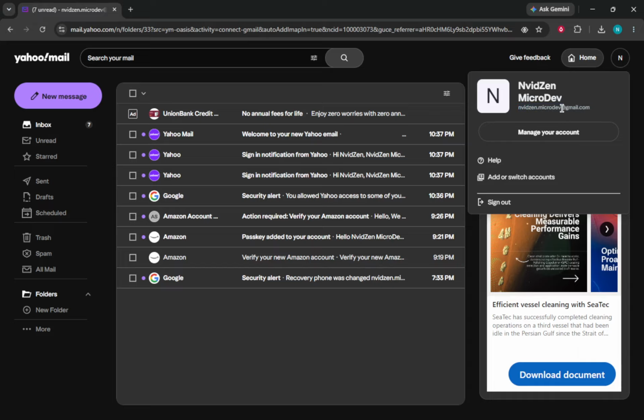It's important to note this because you will need it for various account-related activities such as logging in or sharing your email address. Yahoo also notes that some accounts may use different domains such as @yahoo.co.uk or @myyahoo.com. This is vital when you are signing in or sharing your email address with others. Always ensure you are using the correct ending to avoid confusion or login issues. This little detail can save you a lot of time later when you are trying to troubleshoot access problems.